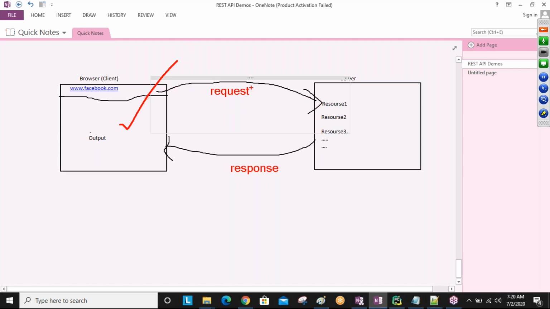The application which sends the request and gets the response back is the client application. The server is the application which takes the request and gives the response to the other application. Which accepts the request and gives the response is called server; which sends the request and takes the response is called client. So in real time, all applications follow the client server architecture.